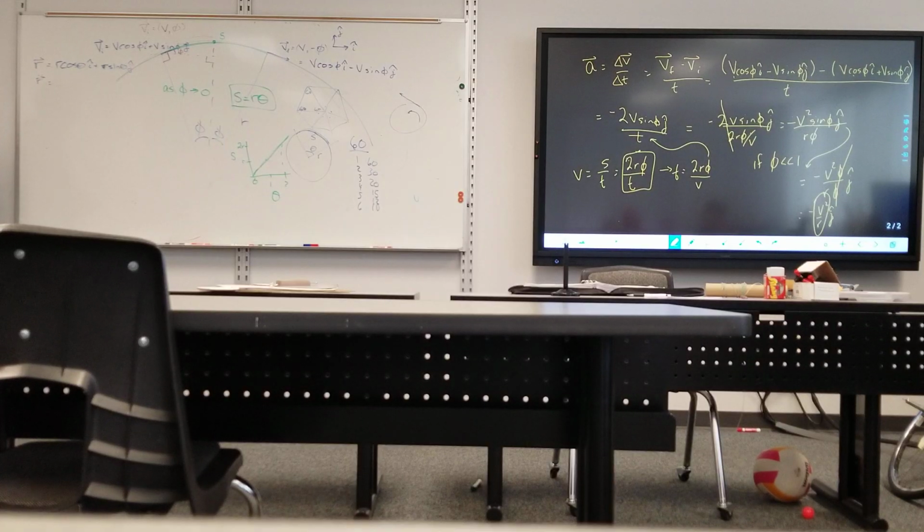Dominic, question first? With the thing you're doing, is that r double dot or r double prime? When you take the derivative with respect to time, you can use a dot over it to represent it. This would be the same as